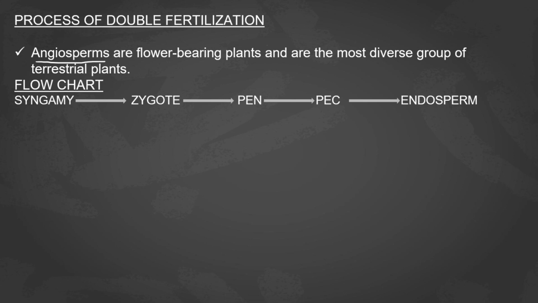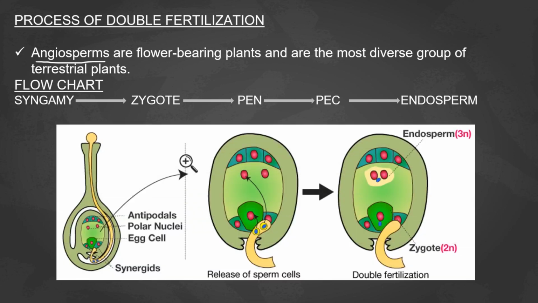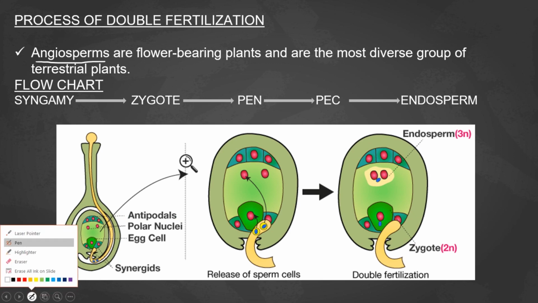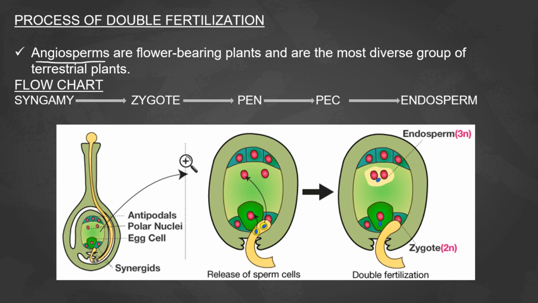So let's move into the picture. This is actually the picture of the double fertilization. Once we come to the picture of the double fertilization, what can we get? Especially coming to the topic today, first, we already know this is a germinating pollen grain, and this is nothing but the pollen tube. This is nothing but the style, and this portion is nothing but our